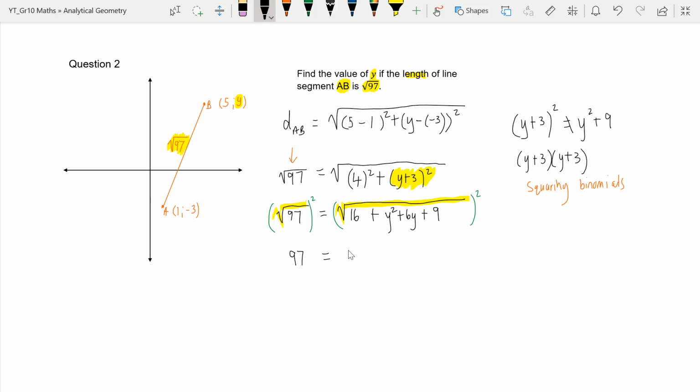And then over here, I'm just putting my like terms together there, y squared plus 6y, and then the 16 plus the 9, that will give us 25, right? Am I right there? Yes, that will give us 25. Okay, now can you see that trinomial, that quadratic equation forming over there? We need to solve a quadratic equation. So I'm going to take the 97 to the other side. In other words, I'm subtracting 97 on both sides. When I do that on the left-hand side, I am going to get